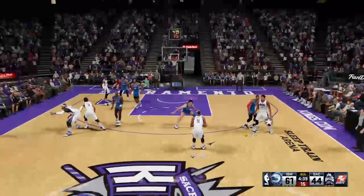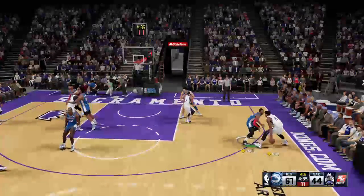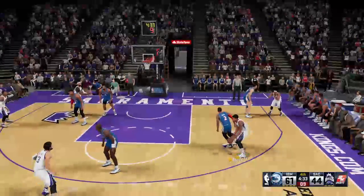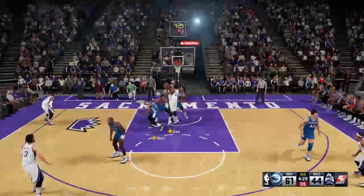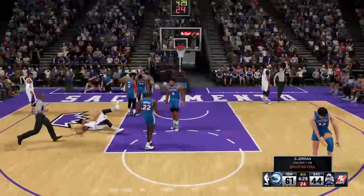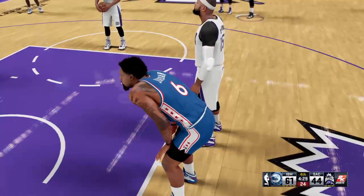Dishes it to Gay. Rondo passes to Gay. And a foul called on the shot. Got him on the way up that time, so he'll shoot 2 right here. That's his second personal. It's going to be on DeAndre Jordan. At the line,